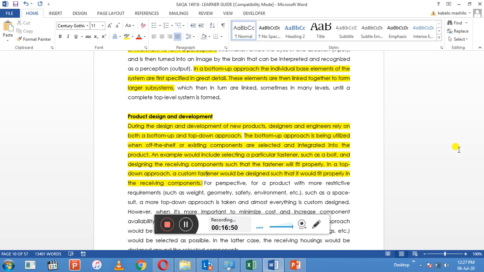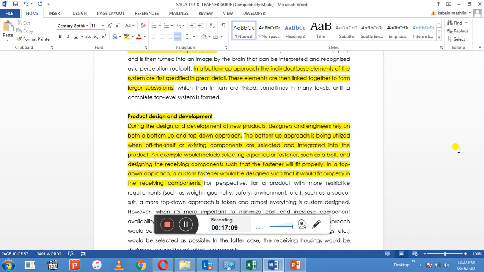An example would include selecting a particular fastener such as a bolt and designing the receiving component such that the fastener will fit properly. In a top-down approach, a custom fastener would be designed such that it will fit properly